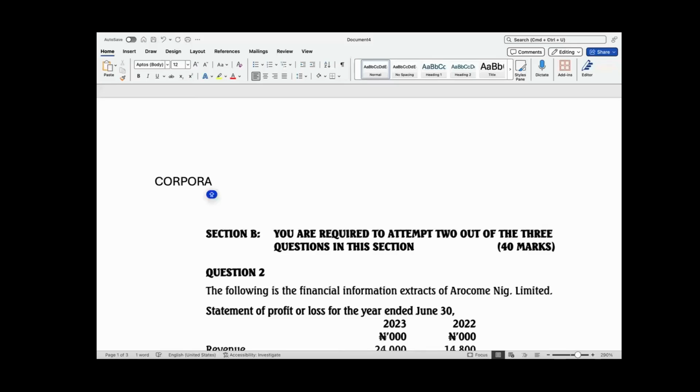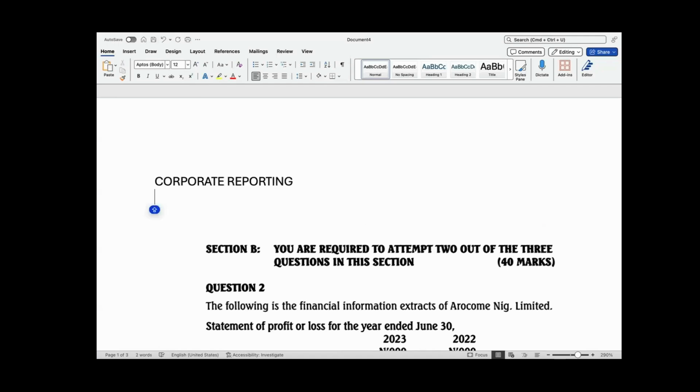So tonight, we are going to be looking at interpretation of financial statements. That's what we're going to look at tonight. And when it comes to interpretation of financial statements,